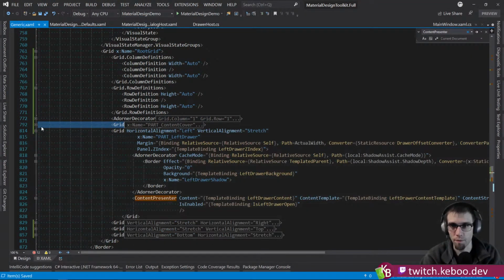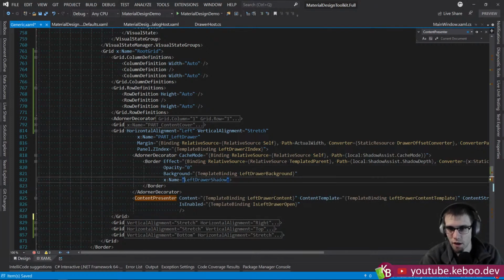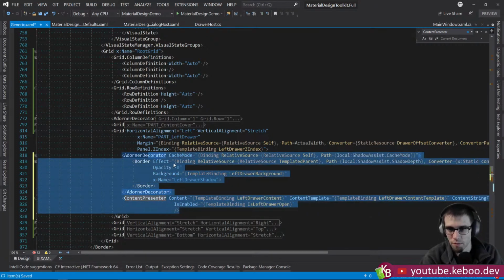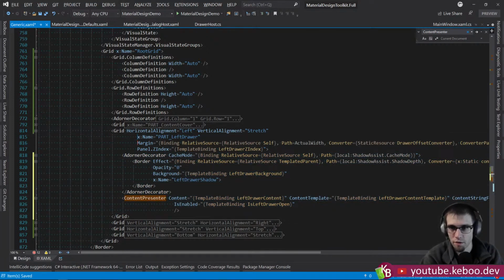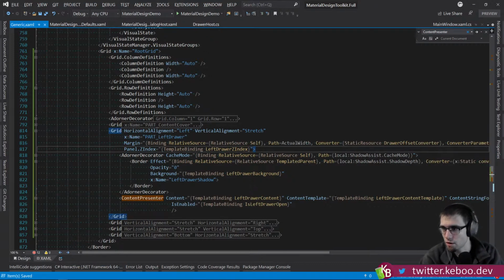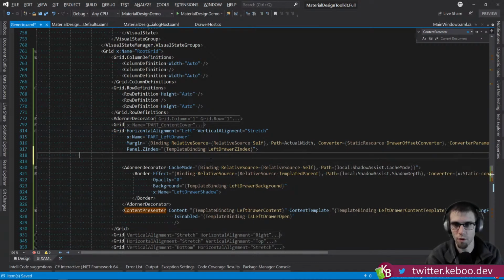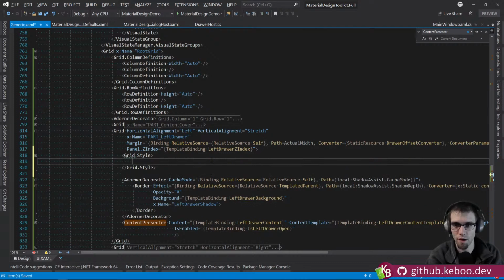Okay, so let's start here. So out here, let's see. Let's unindent this grid. We probably have a bunch of unindentation problems that I've caused when I took out that other grid. Something like that. Okay, so those all like that. So let's go here. So we will do, let's see, grid style, right? And we will do style target type grid,